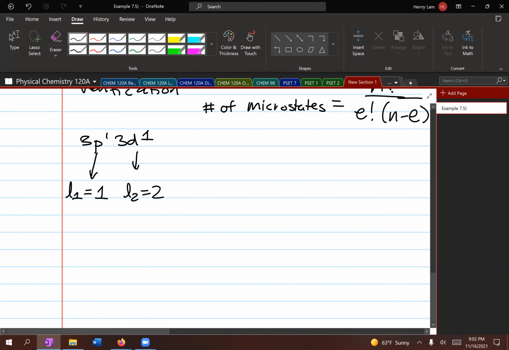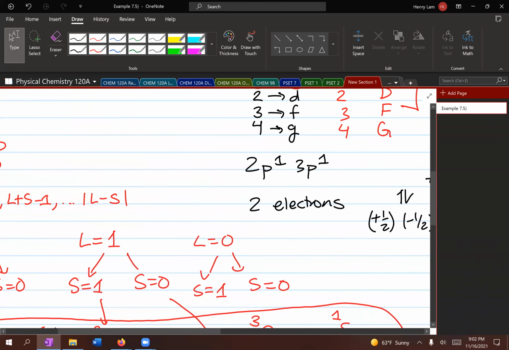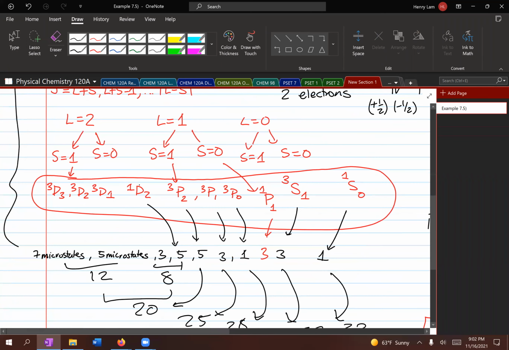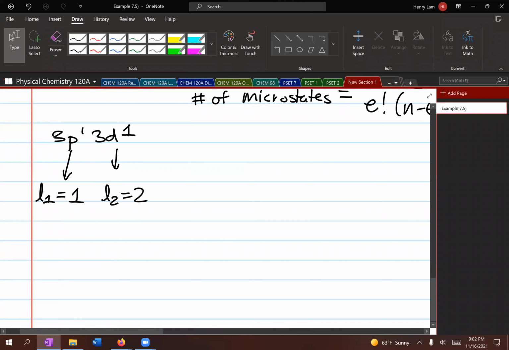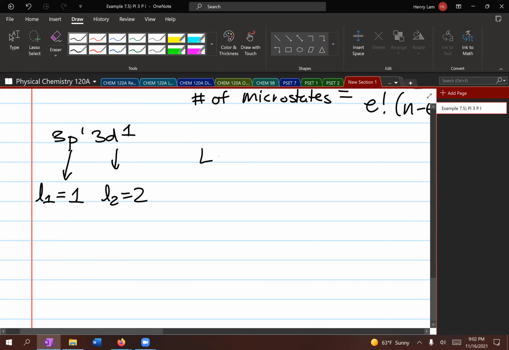And how did I know this? I looked at the letters P and D, and I said to myself, if you recall, P and D correspond with 1 and 2 respectively. So L1 is equal to 1, L2 is equal to 2. And big L is equal to the absolute magnitude of L1 plus L2, comma, dot, dot, dot,